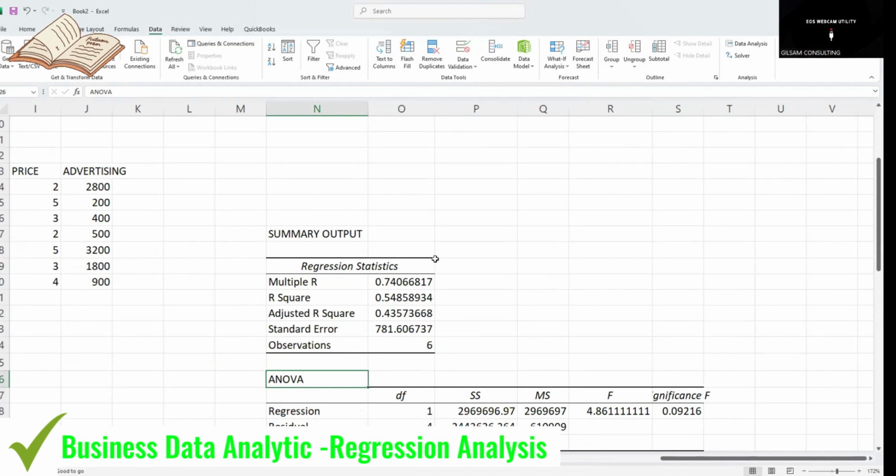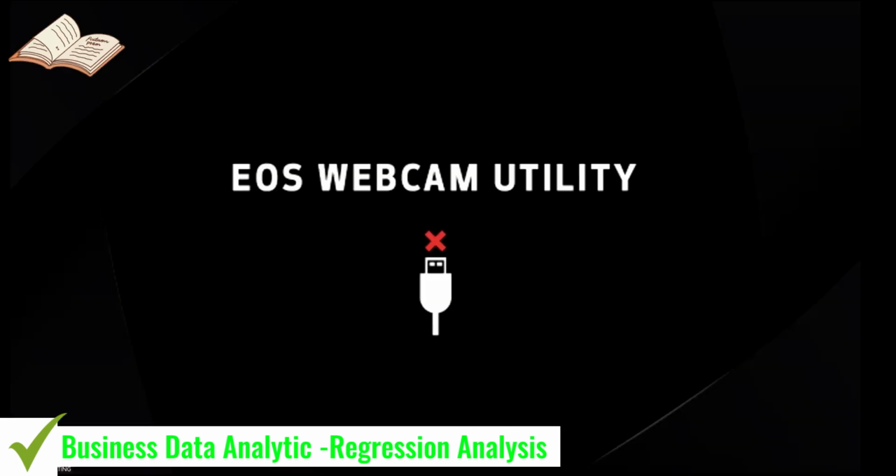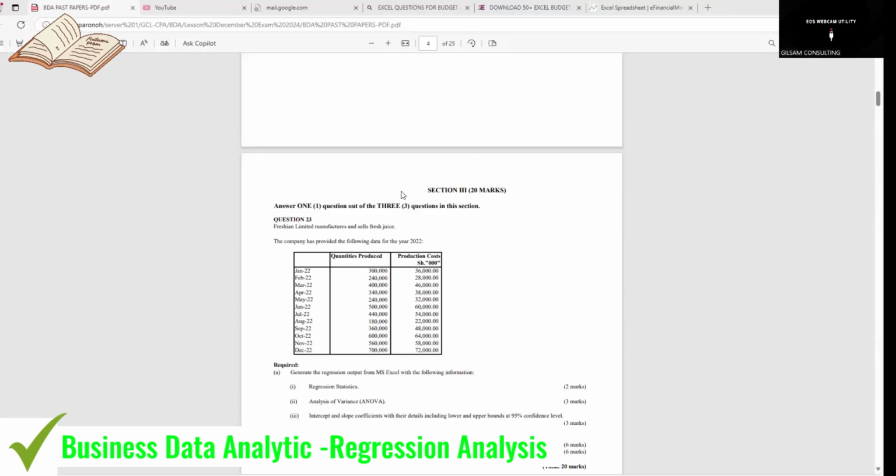So if you go to your past paper, you get this data. And you will type all of it, or if you use the one which I shared for Excel, you will be able to do that. Yes. So you can see we have a question there, which will need you to use the regression analysis. This one, you can see that is question